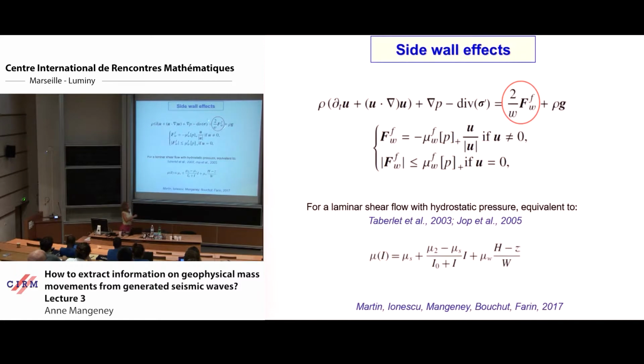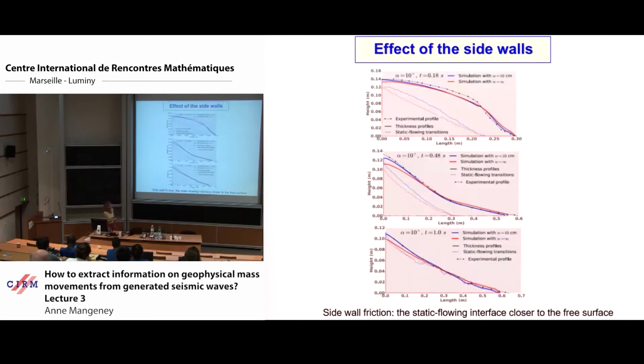So now I will show you what is the effect, is it small or not, if we compare quantitatively with laboratory experiments. So this is a laboratory experiment with small dots as a function of time until the deposit, and we test different models. So when W is infinity, it means that I don't take into account the friction of the wall. And here the slope angle is 10 degrees. So you can see that when I don't take into account the wall, it's in red. I have not so much difference with the simulation where I take into account the walls, in blue here.